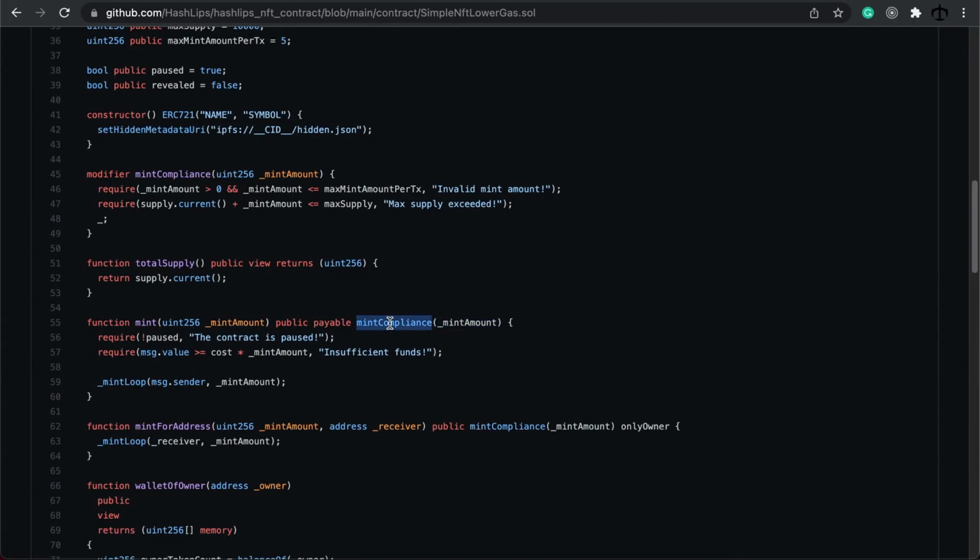So the modifiers help because it reduces the amount of code that we have to write. Instead of duplicating this line in each one of these functions, we use modifiers. We also have this total supply function, which is now replacing the IEnumerable function that we have to implement to get the total supply. This simply returns this counter supply.current and gives us the current value of how many NFTs